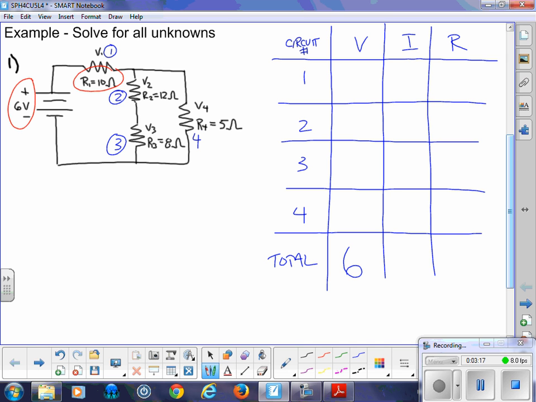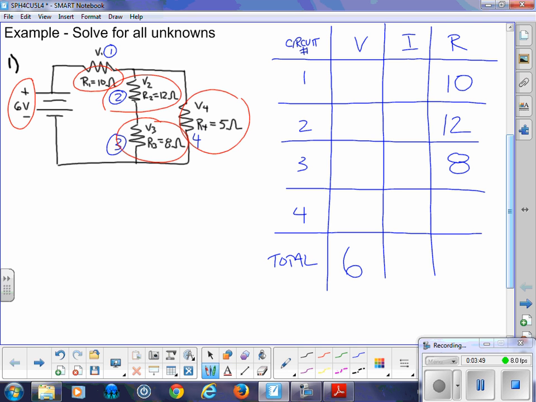So in the column under resistance, I'm going to put 10 ohms, and that's all I know at that point. Going through it sequentially, for component number 2 the only information given is that the resistance is 12. The third one, I know my resistance is 8. And the fourth one,